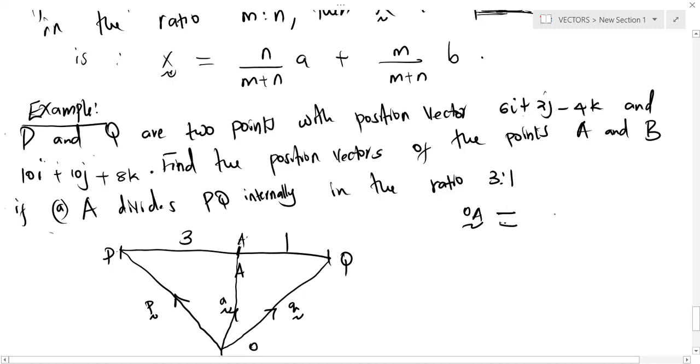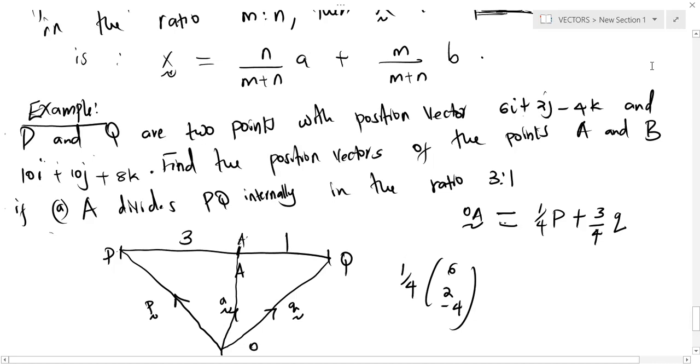We are taking N, so OA will be equal to 1/4 P plus 3/4 of Q. And what does this give? This is 1/4. What is the value of P? Clearly, the value of P is 6, 2, minus 4. We just followed this formula here. It says N over M plus N. So our N is 1, over 3 plus 1, which is 4. And then here M, which is